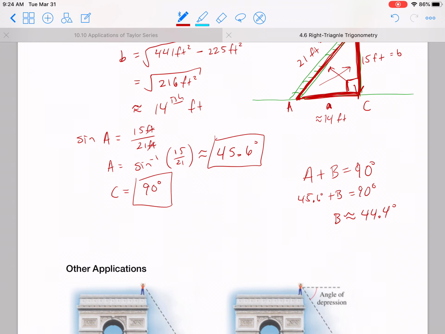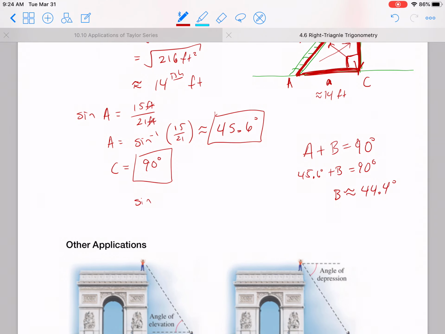If you don't like doing that, you could also do things like sine of B is whatever that A side was, 14-ish feet, whatever it was, over 21 feet. You'd need that 14 number exactly from a calculator, and then take the arc sine. And so B equals the arc sine of the 14-ish number over 21. Or you could have done the cosine of B, which would have been, by